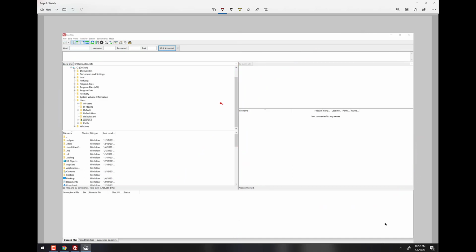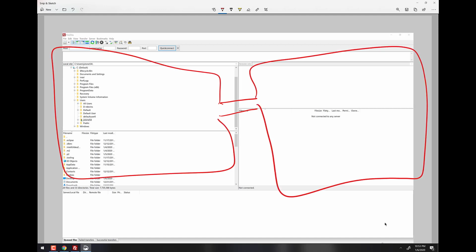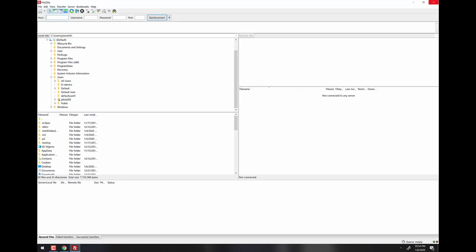So just sort of imagine an invisible pipe here that connects whatever's over here to whatever's going to be over here. And then you'll be taking stuff, whatever is over here, and you're going to drag it and plant it right over there. Or vice versa, if you want to pull something down from your server, grab it, drag it over here, and put it on your local machine. So it's coming all the way from Texas or wherever your server is located, right down here to Utah where we're at, right? So how do we get our server to show up there on the right-hand side?